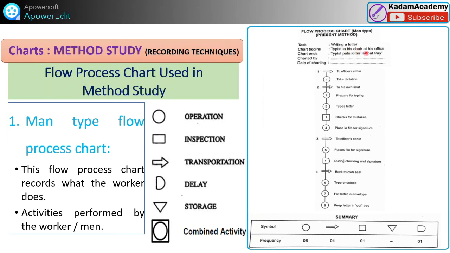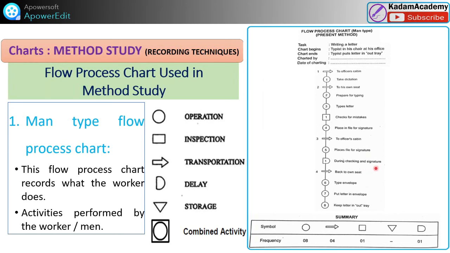The typist is in his chair at the office. The typist puts the letter in the out tray. Going to the officer's cabin to take a dictation: this is the operation, this is the transportation. Then the operation symbol again. Prepare for typing, types a letter, corrects the mistakes, places it for the signature, takes it to the officer's cabin, places the file for signature.